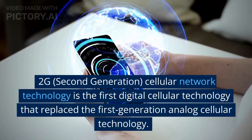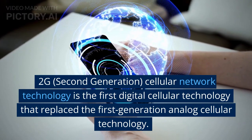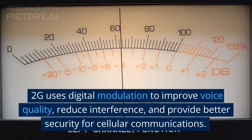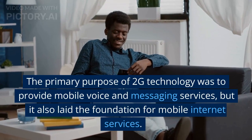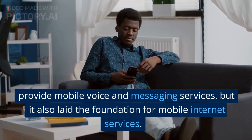2G, second generation, cellular network technology is the first digital cellular technology that replaced the first generation analog cellular technology. 2G uses digital modulation to improve voice quality, reduce interference, and provide better security for cellular communications. The primary purpose of 2G technology was to provide mobile voice and messaging services, but it also laid the foundation